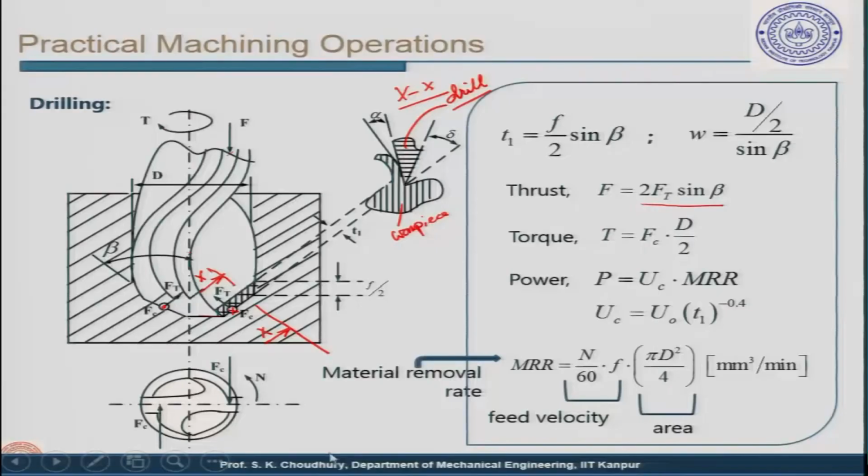So, to correct the diameter or the dimensions, and to increase the surface finish, we normally do reaming after the drilling. This reaming process we will show you in the lab, and the instruments that we use for that purpose are the reamers, which are used after the drill has drilled the hole, basically to increase the surface finish. So, coming back to this, we have the MRR, the material removal rate, as the feed velocity into the area, and the material removal rate is given in millimeter cube per minute.